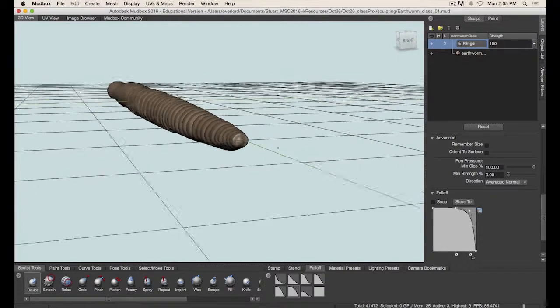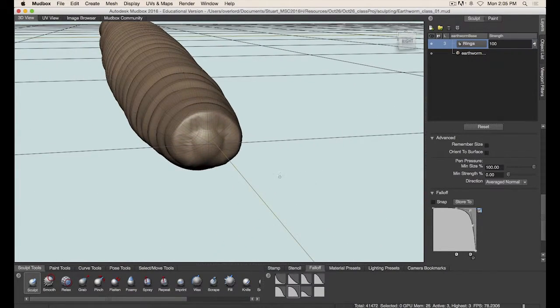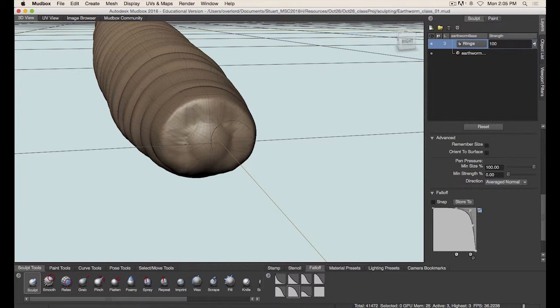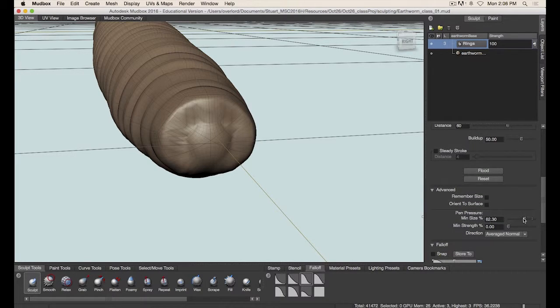Okay, so while we're at this end, this is the tail end, we might as well build in the anus. So what I'm going to do is reset the falloff to the standard brush, and I'm also going to reduce the minimum size back down to 25%, which was the default. And then I'm just going to smooth that out and build, oops, that's too strong. Build the end,